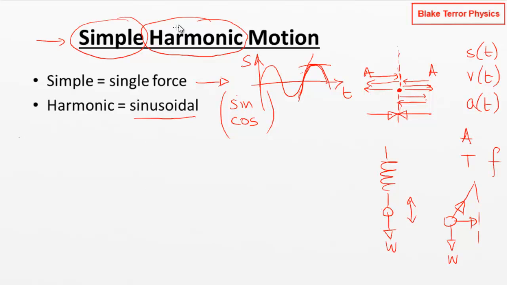Why have we decided it's going to be harmonic? Why have we decided we can describe these as sine waves? Well, let's start off first of all by just assuming that we can, and then we'll see why this is particularly useful. So we could say that our function of displacement as a function of time is equal to,